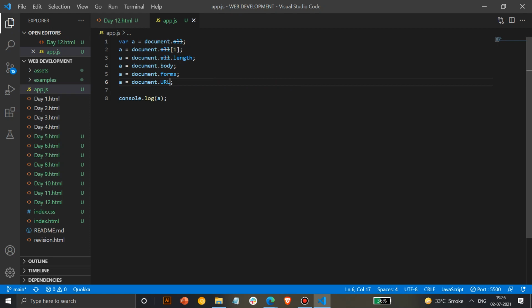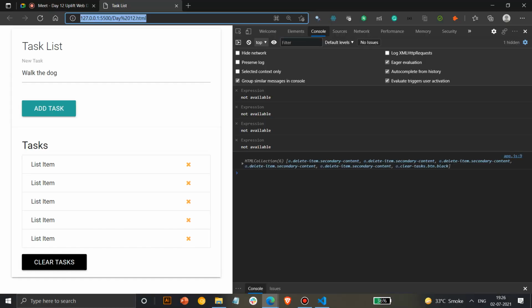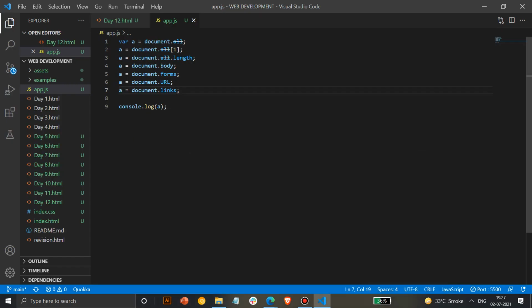There's something called links. Links are really useful whenever you have to access a specific link. You can use links here, and it will show you all the links that are present. It shows you the collection of all the links present. You can check index 0, and you can check a specific link. If you use links.0, you will get only a single link.